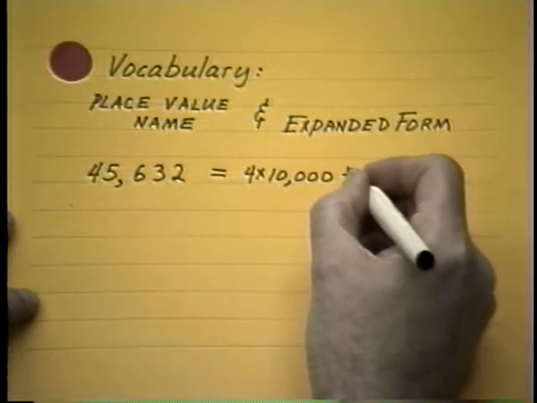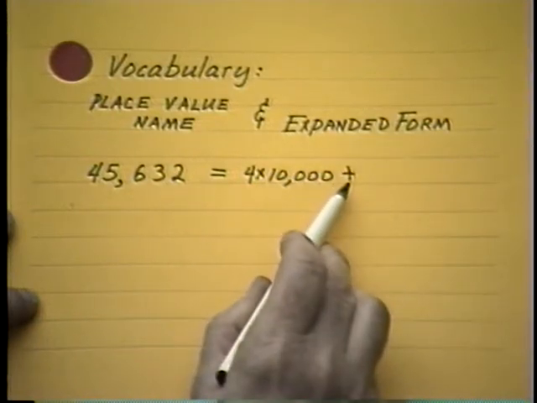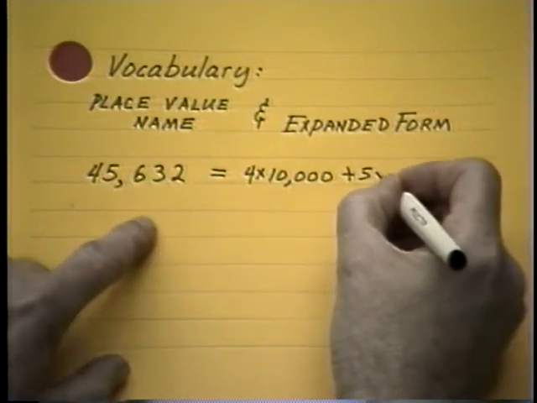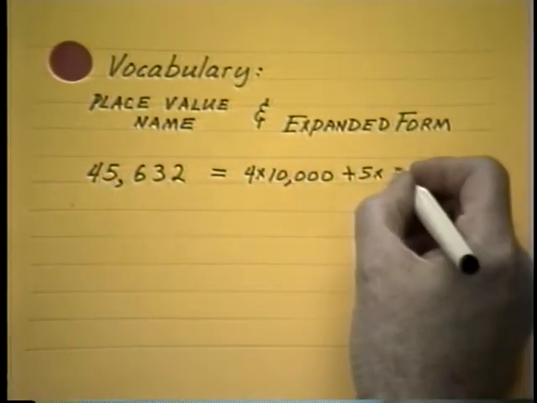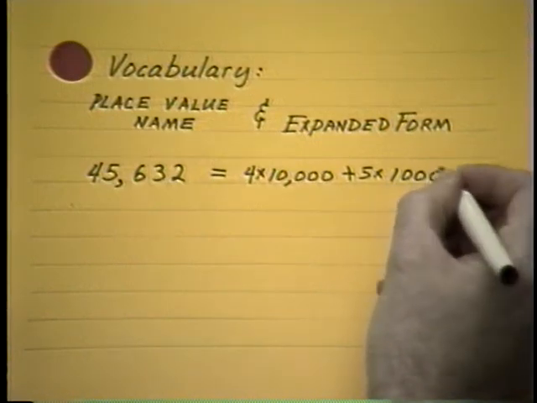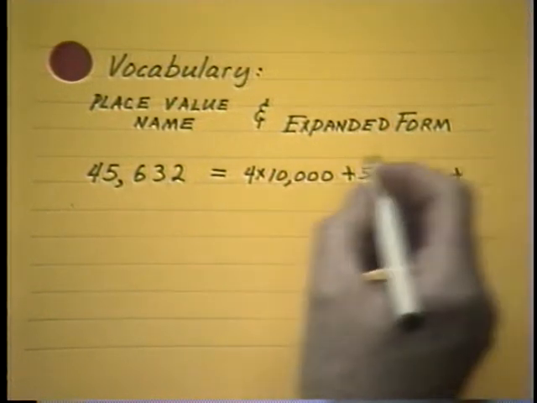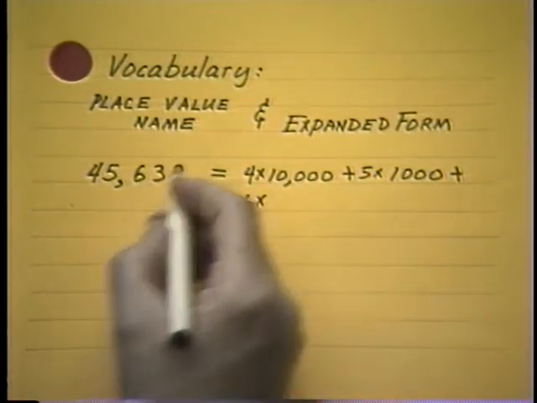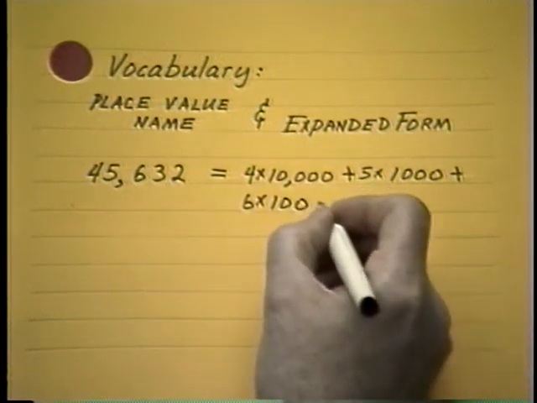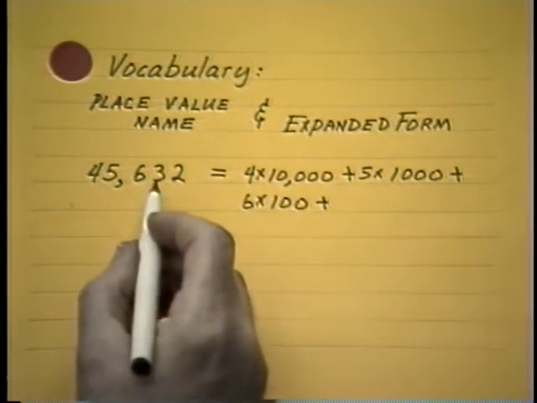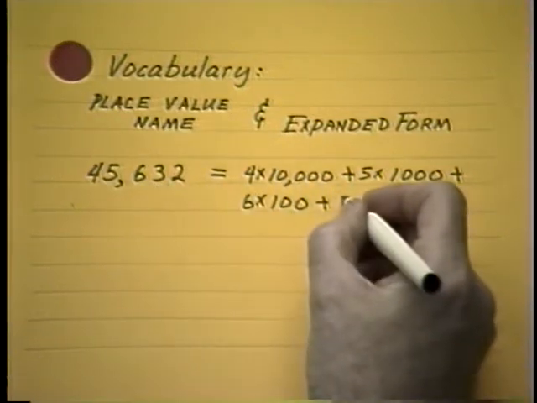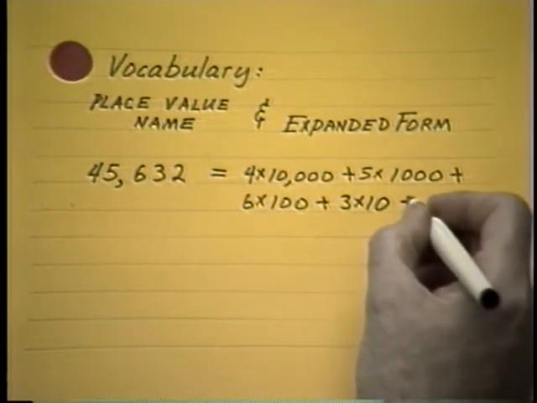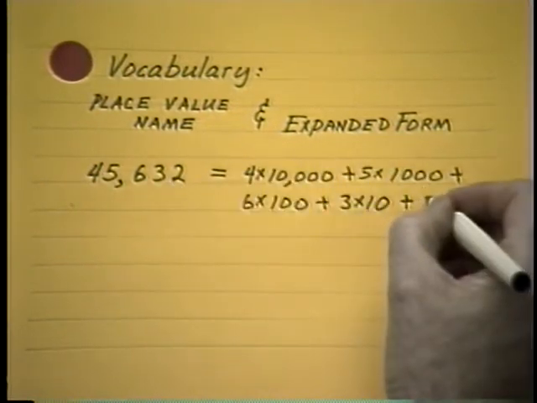And in addition, literally in addition, I have a 5 times, but the 5 is in the 1,000s position, and in addition to that I have a 6 times, it's in the 100s place position, and in addition to that I have a 3 tens, 3 times 10, and in addition to that I have 2